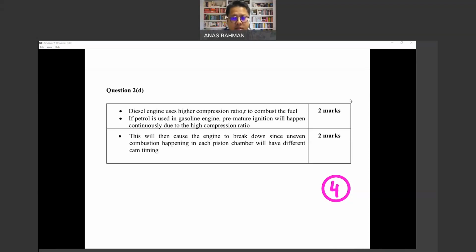And I can relate to this question because long ago, when I was on a road trip with my family, this actually happened. We accidentally refilled our diesel car with petrol, or gasoline. The car moved for a while. I was under the assumption that it was probably because there was still diesel fuel remaining, so we could move for about a few kilometers. But suddenly the engine just broke down.